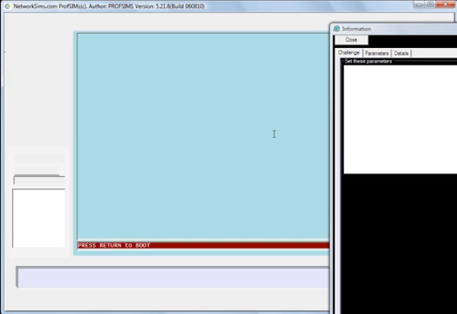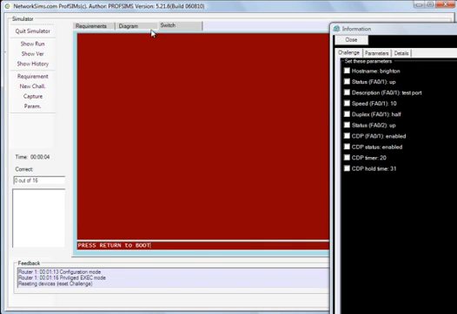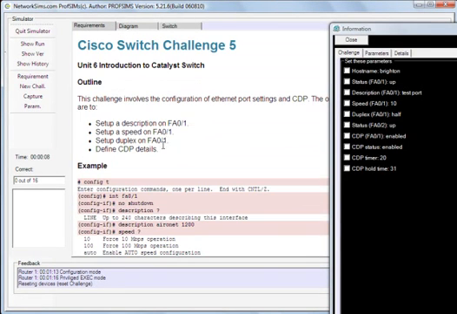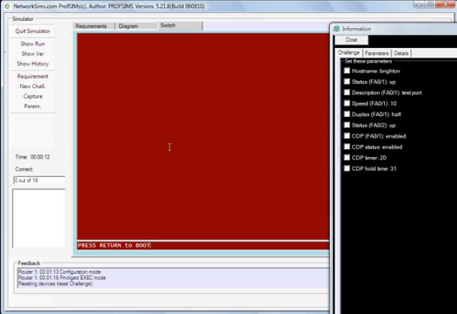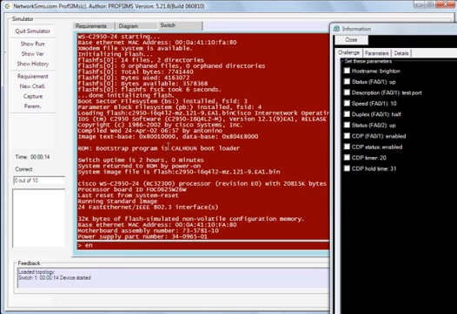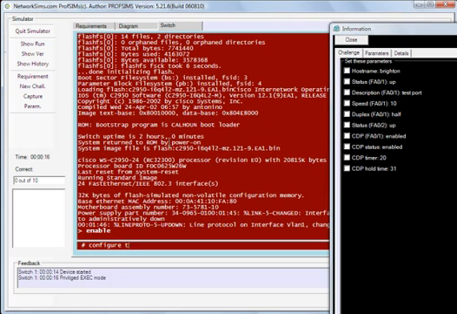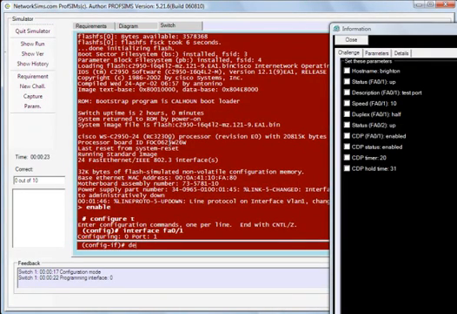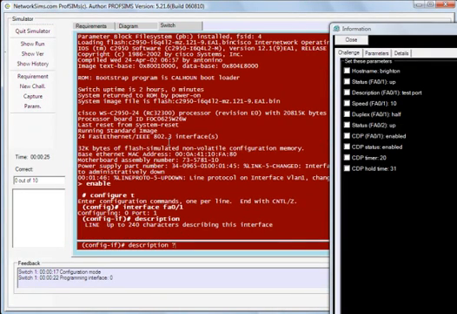Okay, we see it's a different colour now. Look at the requirements for it. In this case we have to set a description for FA01. So again we can set up our interfaces, the description that we require,